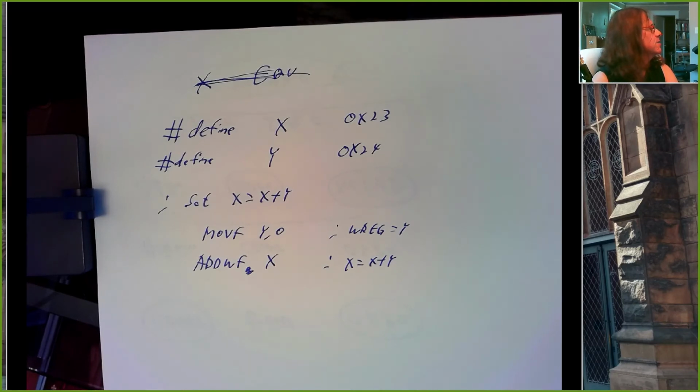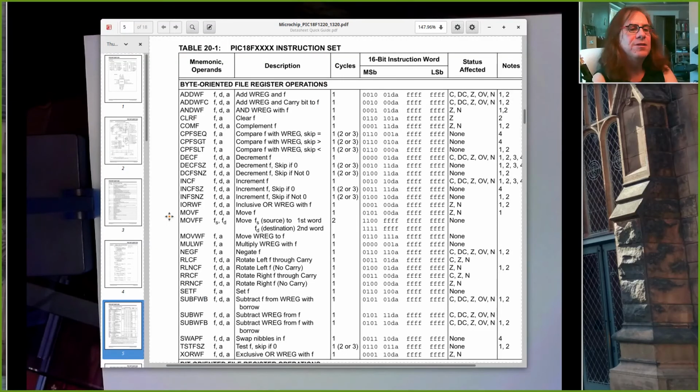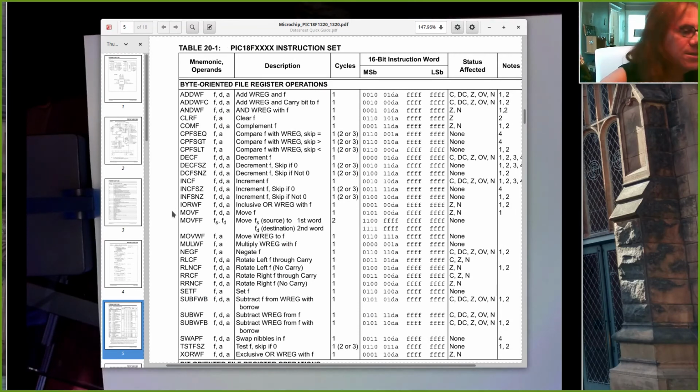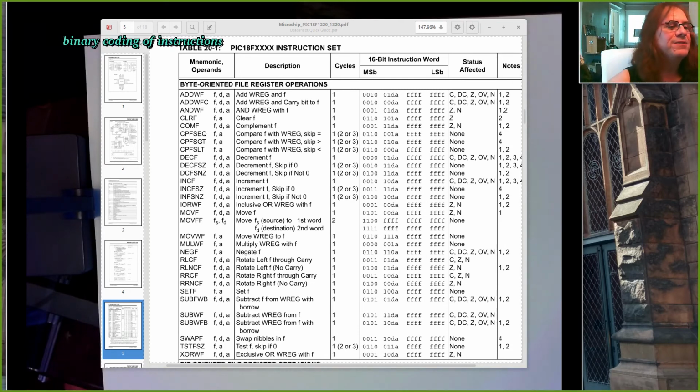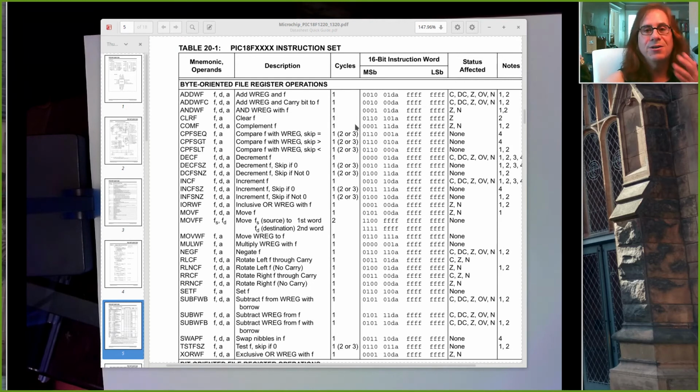So we've got directives. Two more things I want to go over. The first is this binary coding. We have enough to manage all of this binary coding homework. If you have an instruction like clear file register 23, we know how to write that in binary, right? 0, 0, 1, 0, 1, 0, 1, and then clear F. Let's do increment F. So 0, 0, 1, 0, 1, 0, and then